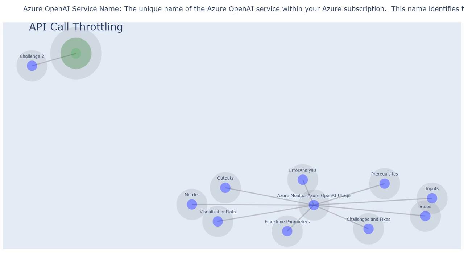Challenge 2. API call throttling. This challenge refers to situations where the Azure OpenAI service limits the rate at which API calls can be made to your deployment. This throttling mechanism is designed to prevent overloading the service and to ensure fair resource allocation for